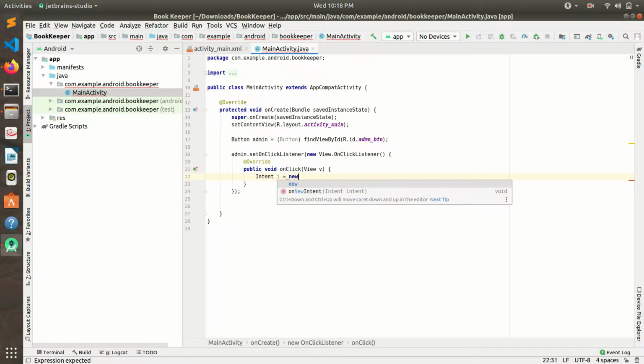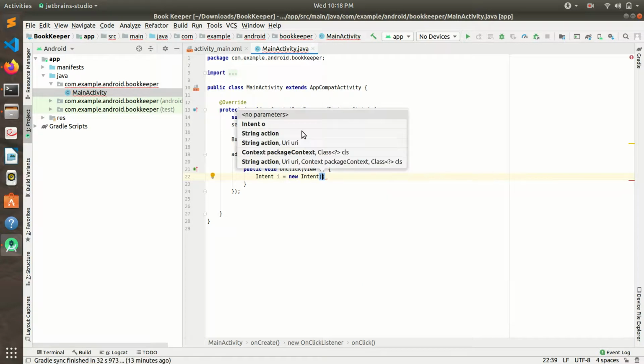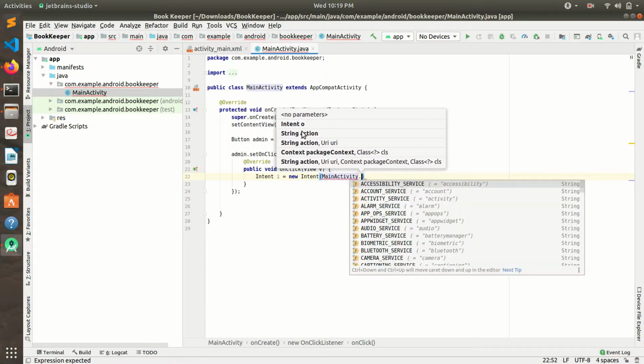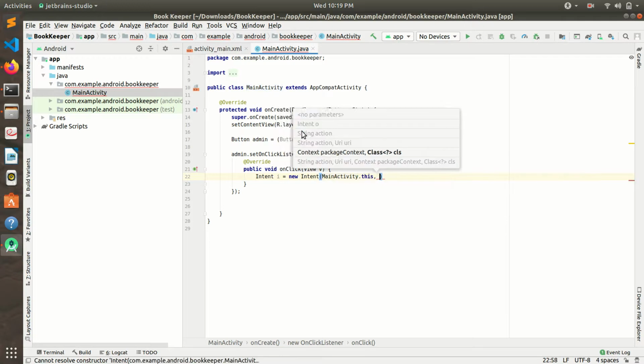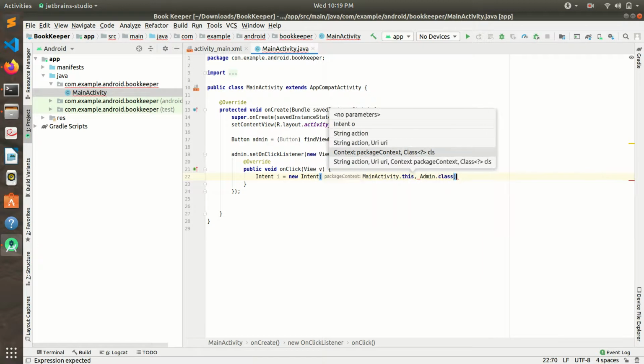We are going to start a new page, and we are opening that page from this page, which is called MainActivity.java. So we have to give this as a context, and we are starting a new page. So let's name it AdminPage.class.